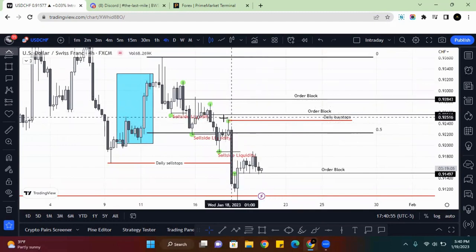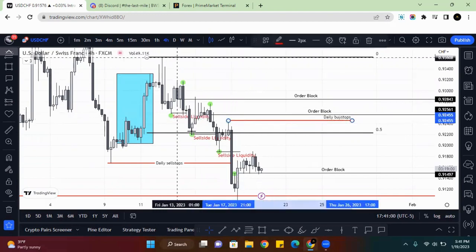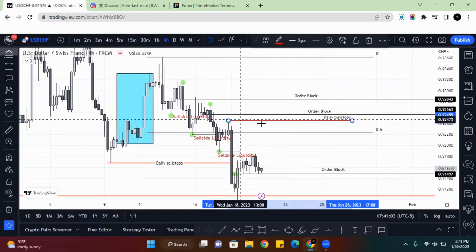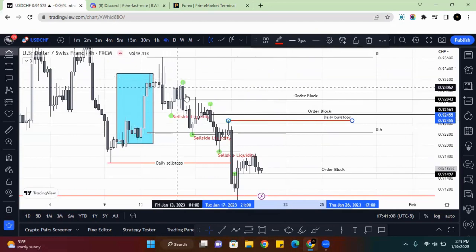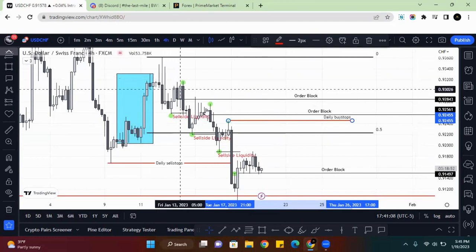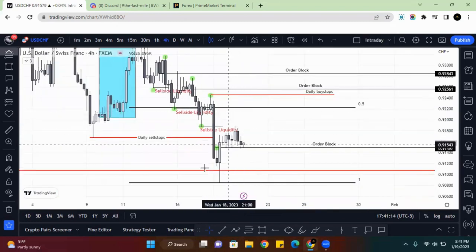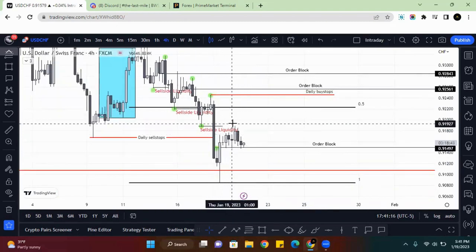Both of these order blocks are above the most recent daily buy stops, and they're in premium territory, right? Drop a one in the chat box if you get that. My only choices are bearish order blocks in premium territory. The only choice for longs is in discount territory. Where's price right now? Price is deep in discount territory.